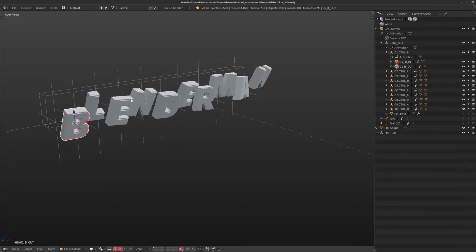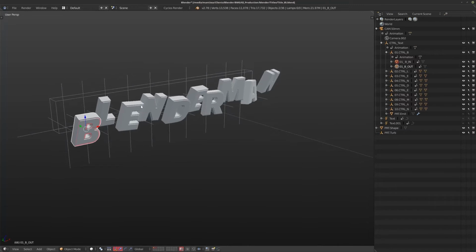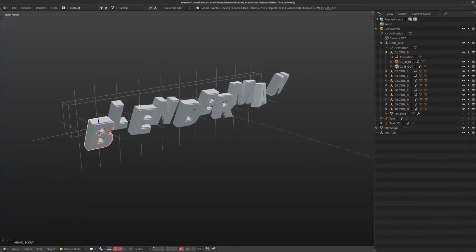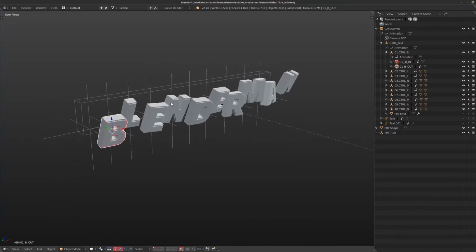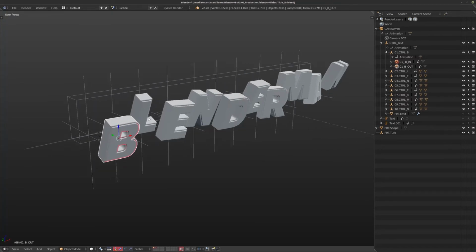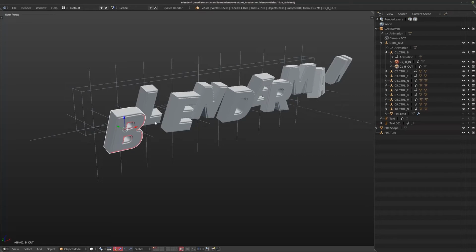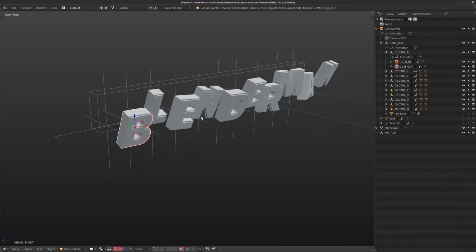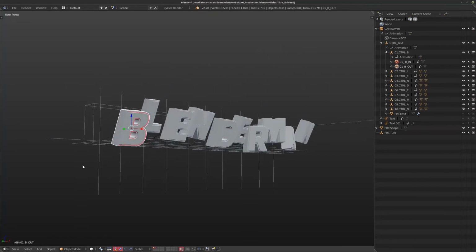It'll require you a lot of work in the graph editor to get it just right, and adjusting things afterwards if you need to change something becomes not the easiest thing to do if you're messing with a lot of keyframes. So what I like to do is separate all of the different movements out that I want for the letters, and then basically use helpers for one set of movements.